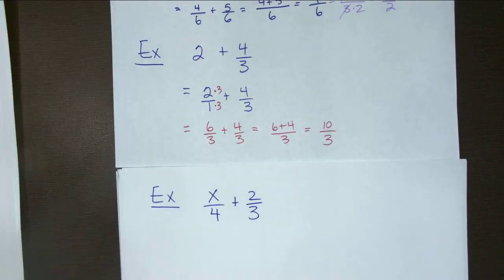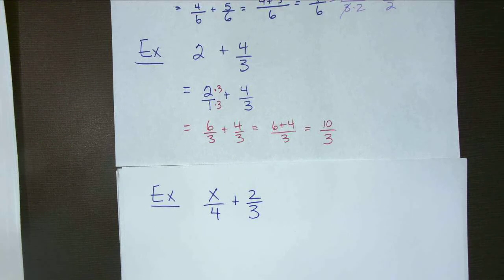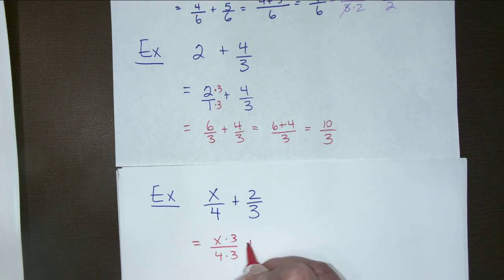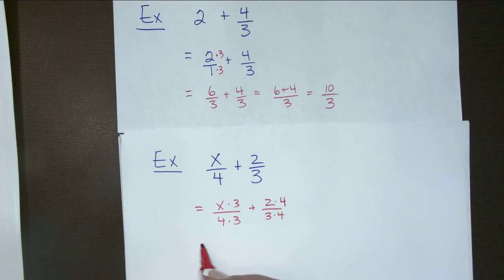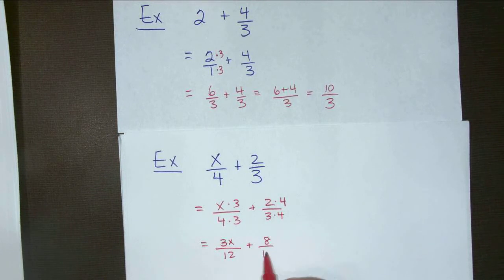Okay. So here I just put a variable on the top. So the method is exactly the same as the first question we did, which is to multiply the first one by 3 and the second one by 4. Usually the 3 would go in front of the x. And then we can write it as one big fraction,